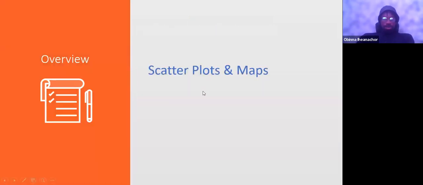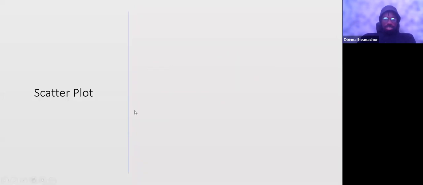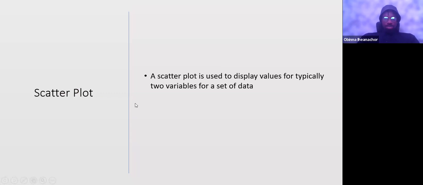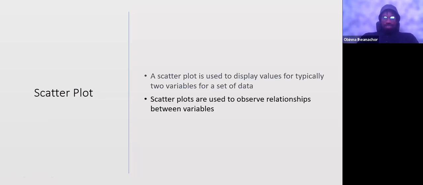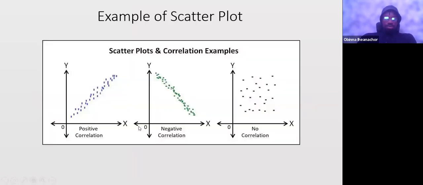So we have scatter plots and maps. This is the last section of visual we'll look at. So look at scatter plots. We'll look at the bubble plot, which is a variation of scatter plots, and we'll look at the shape map. So let's look at scatter plots. It's used to display values for typically two variables for a set of data, and they are used to observe relationships between variables. That's an example. So it's great to understand